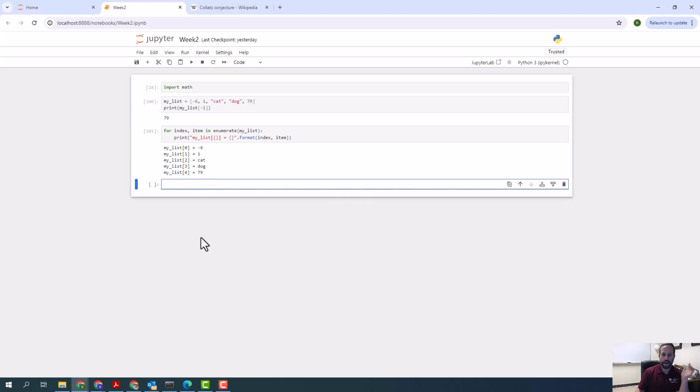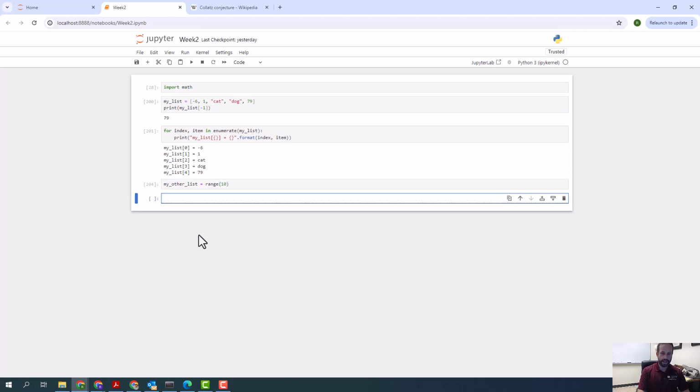One other thing that might have been good to mention in the previous video I made is this range function. So I could do another list. My other list is equal to range, and I'll say 10 here. And now I can say for item in my other list,